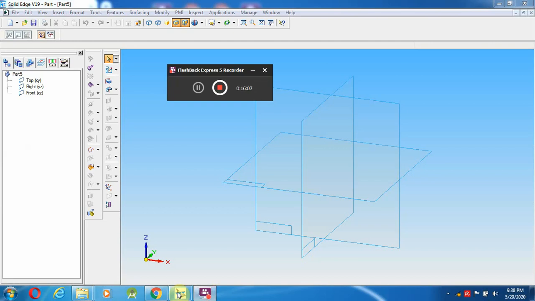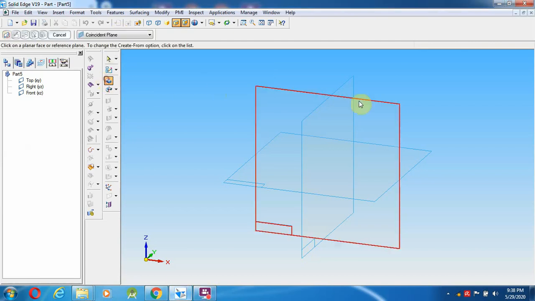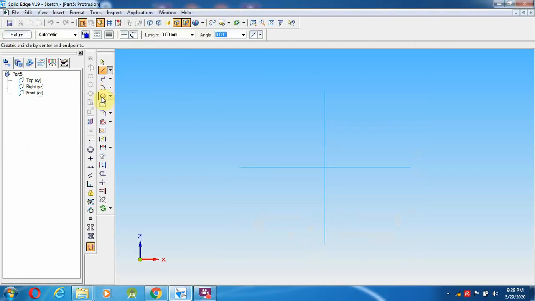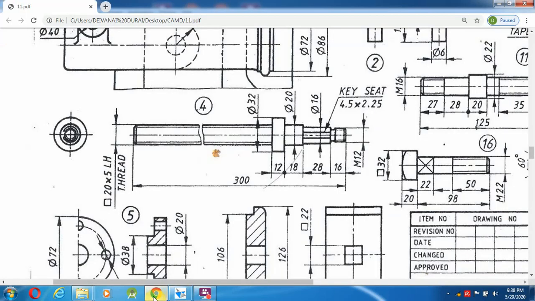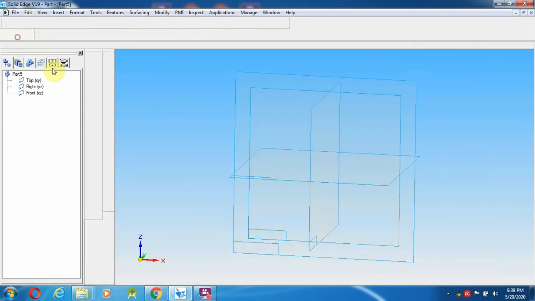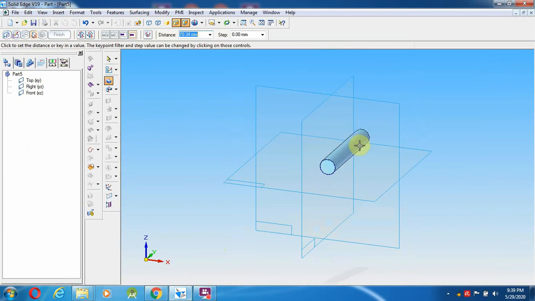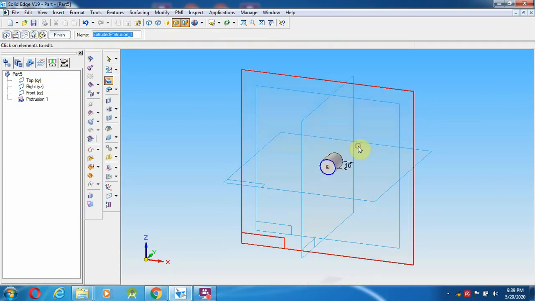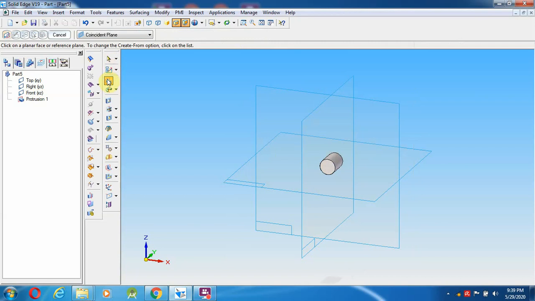After selecting the solid part, protrusion front, select a circle. From here, what is the diameter? Diameter is 12, so 12 and return. Towards that side it is 16 mm. Once it is created, go to the next one.